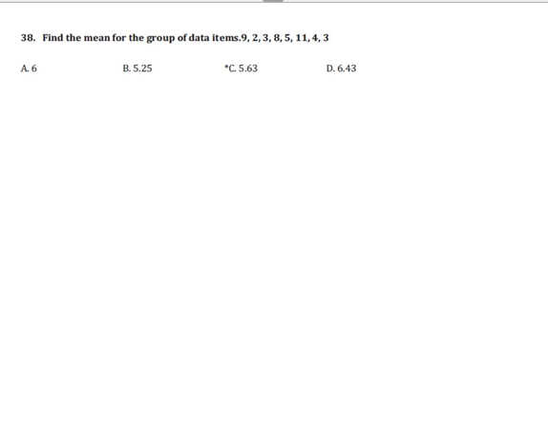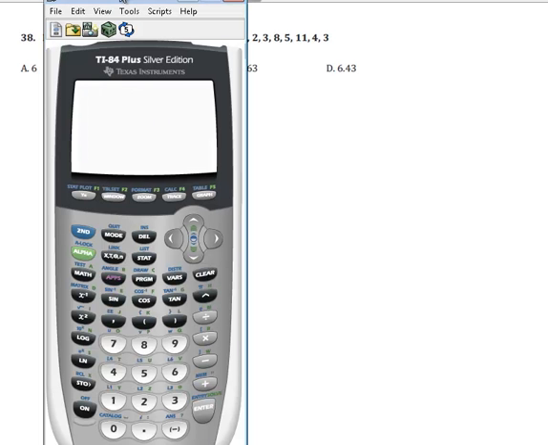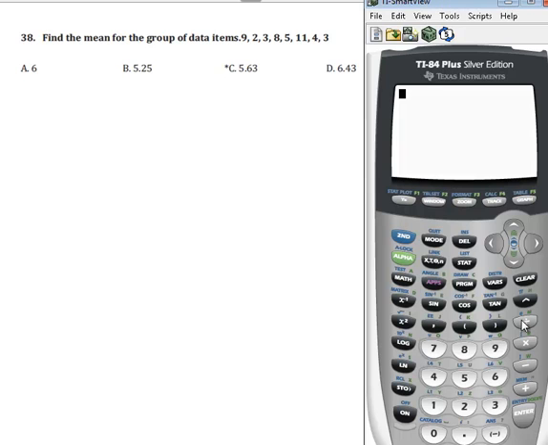Item number 38. Find the mean for the group of items. To find the mean, you add the items together. 9 plus 2 plus 3 plus 8 plus 5 plus 11 plus 4 plus 3. Then you divide by the number of items, 1, 2, 3, 4, 5, 6, 7, 8. Divided by 8 is